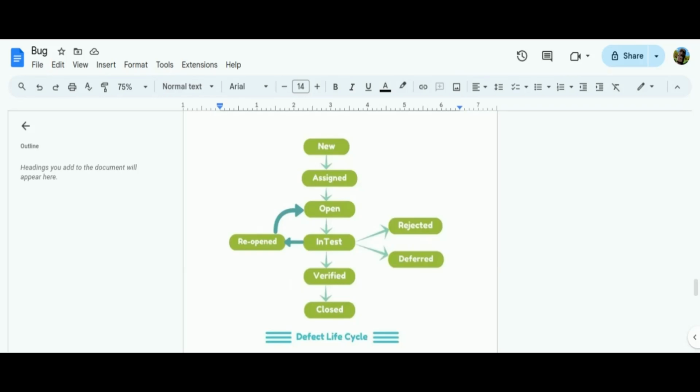Then the developer will open and fix it, then pass it to the testing team for retesting. The tester will retest, and if the bug is fixed, it will be verified. This bug is fixed and verified, then it will be closed. And if this bug is not fixed,